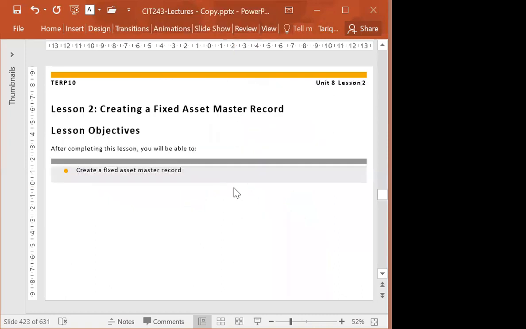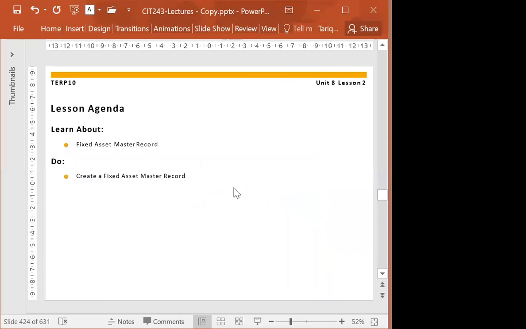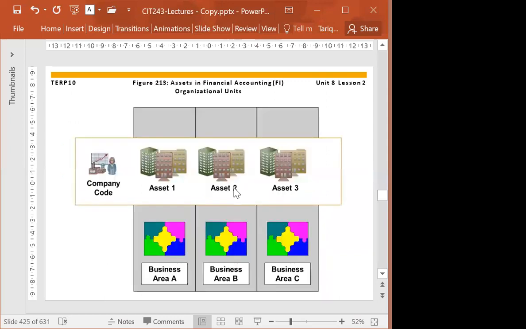So let's see, create a fixed assets master record. When we create the fixed assets master records, each asset belongs to a company code and a business area. So that is what we declare at the time of creation of assets.